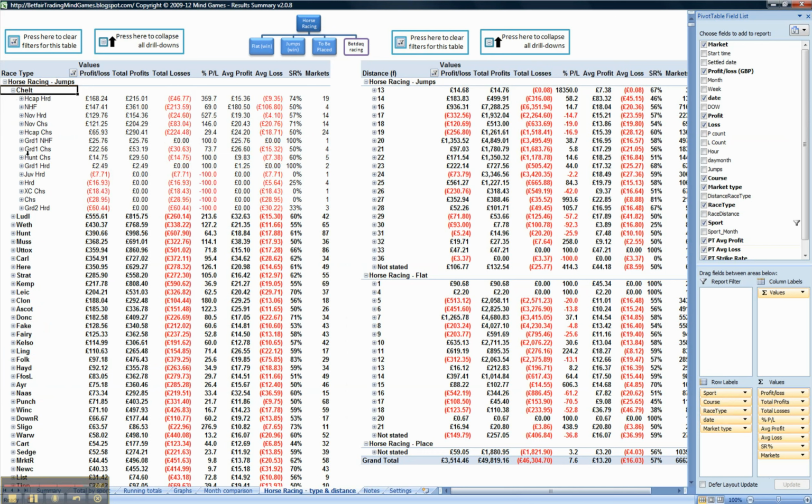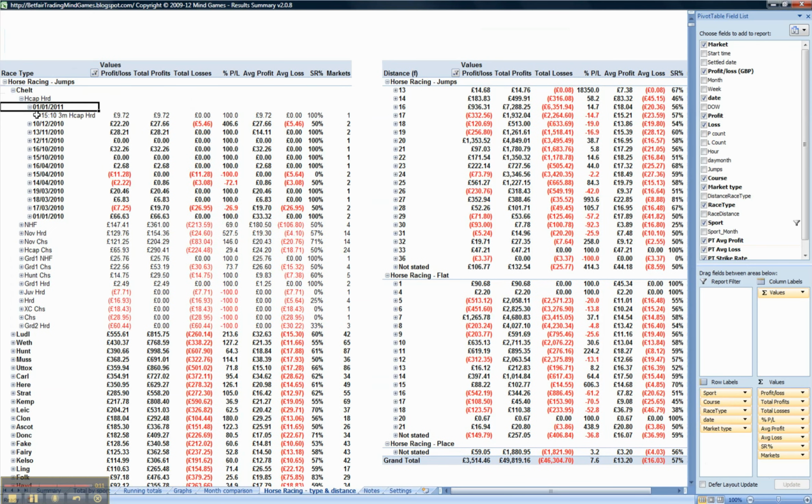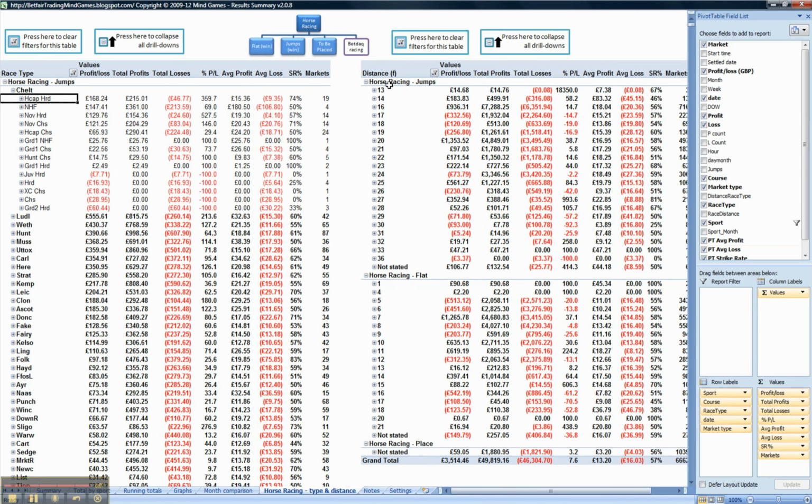And this means that you can change it to get exactly what you want on which screen that you want it. So here we've got the breakdown for Cheltenham by race type, and sure enough when you open it up you've got date and then market type. You can do the same thing over here as well. So on the distance table, when I click on that, so you've got